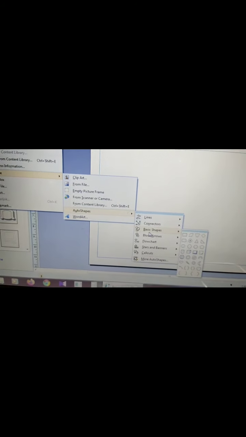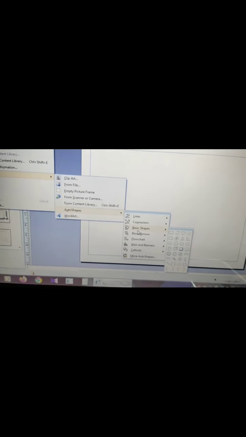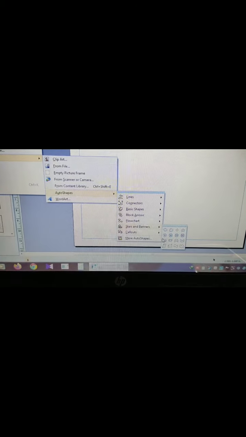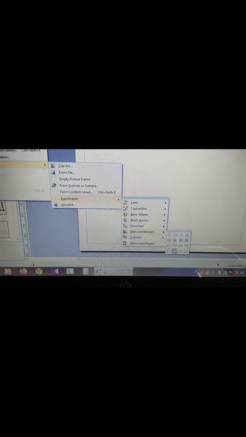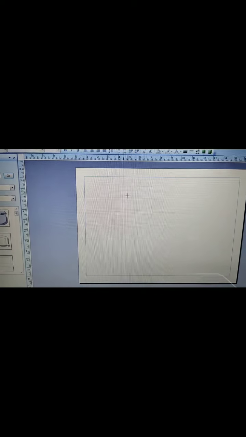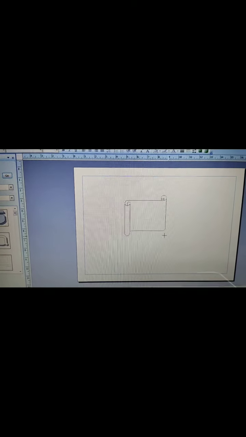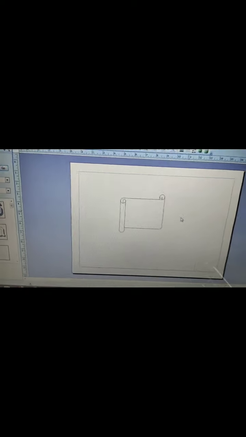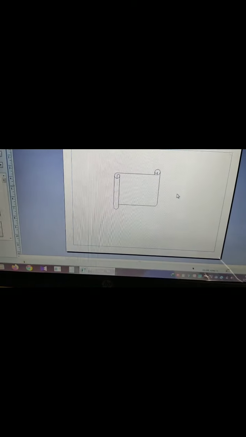Suppose I want these shapes. Take this one only. Okay, now see, I have drawn these shapes. Okay, this is how I have inserted shapes.